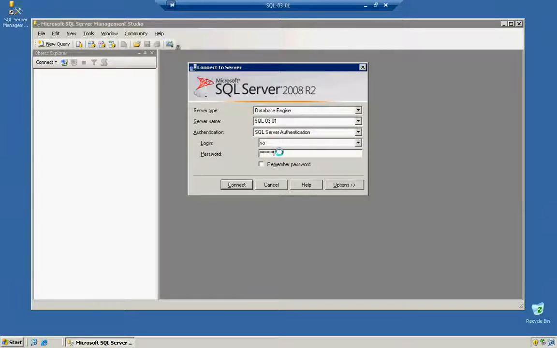Now, it is a good practice that you do not remember the password, especially if you're using a default administrator account. If any other person in your network, such as a principal, connects in and wants to log in to the SQL server using the administrator account, they could use Windows authentication. However, if you disable that user from logging in and you only have your user to log in, if you remember the password by accident, he can potentially connect in and do anything he wants. So we're going to go ahead and click on connect,